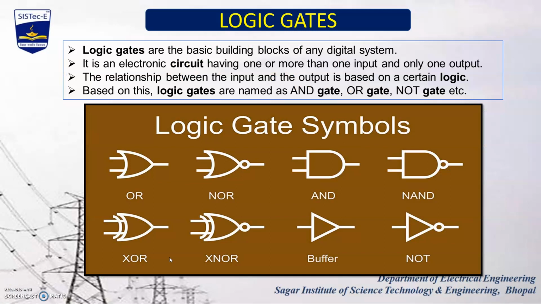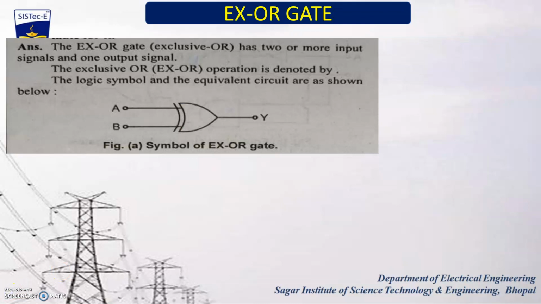In the last two videos, we discussed the basic operation of basic gates, like the operation of the OR gate, NOT gate, AND gate, and we also discussed the NAND gate and NOR gate as universal gates. And today we are going to discuss the XOR gate and XNOR gate. These XOR gate and XNOR gate are not universal gates. So let's discuss the first, that is the XOR gate.